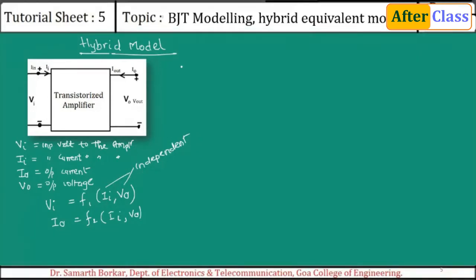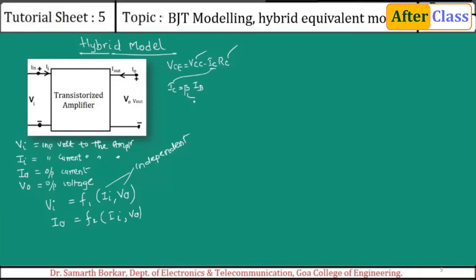Why? We have seen the equation. Output voltage is given as VCC minus ICRC in a common emitter circuit. Fine. And how do I calculate this? Here, VCC is known, the battery. RC is the physical value of resistance. What is unknown here is IC. How do I calculate IC? IC is beta times IB.